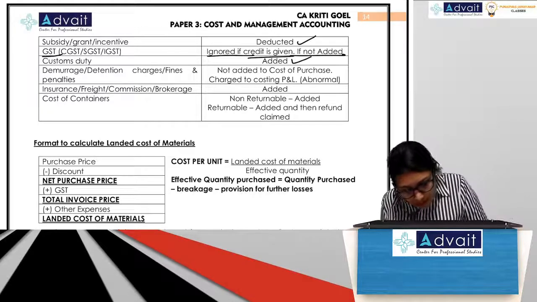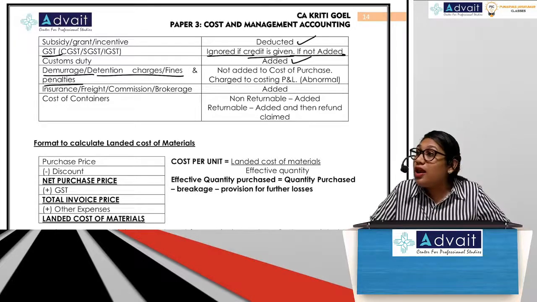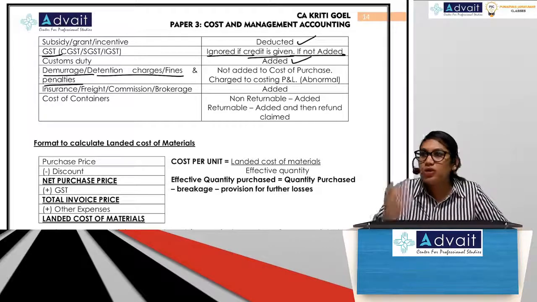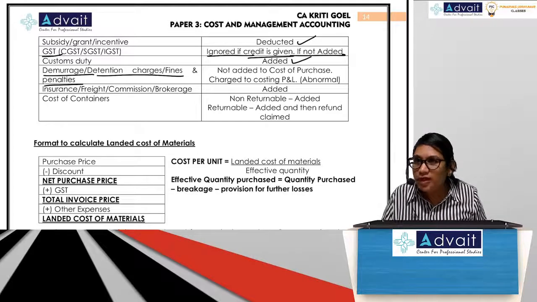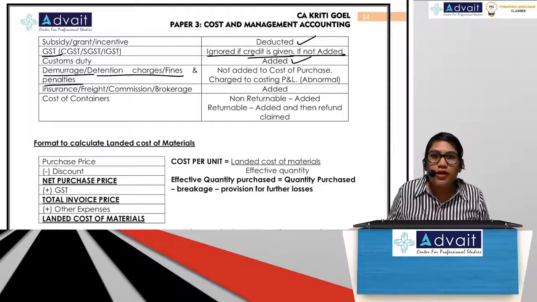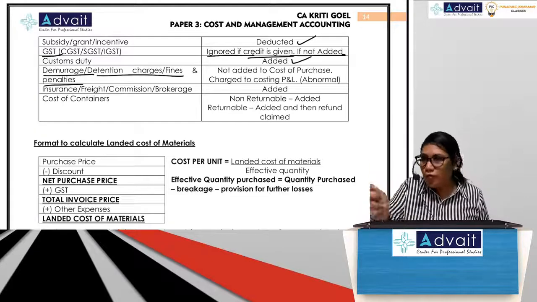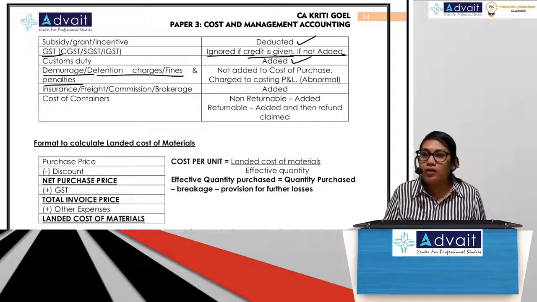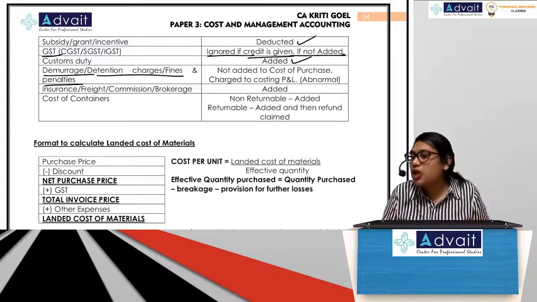Okay. Next, demurrage, detention charges, fines and penalties. Now these are all abnormal in nature, correct? Fines and penalties, you never think that I'm going to get fined. Today when you leave the center in the evening and if you get caught by the policeman outside, he says you have to pay a bribe of whatever, correct? So will you anticipate that today this is going to happen? No, right? So fines and penalties, all of these detention charges, demurrage.